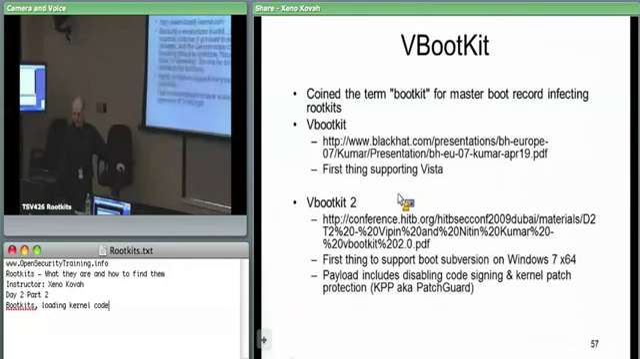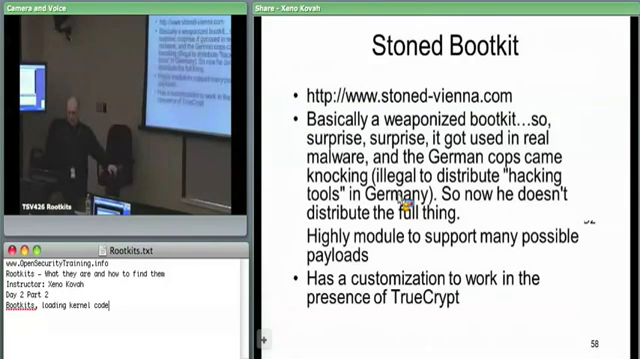All right, and then Stone Bootkit was 2009, so it was kind of 2005, 2007, 2009. Stone was, in my opinion, kind of a weaponized bootkit. He took these previous proof of concept things, vBootkit and eEye BootRoot, and made them much more modular so that you could plug in assembly modules to have whatever payloads you want for when it finally gets into the kernel, or like I said, so I could bypass